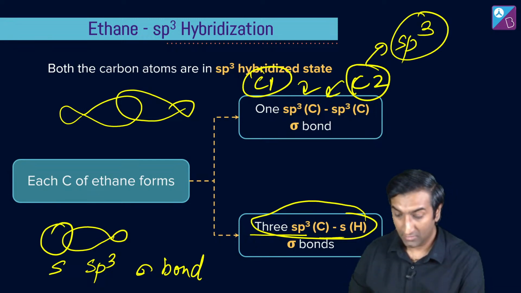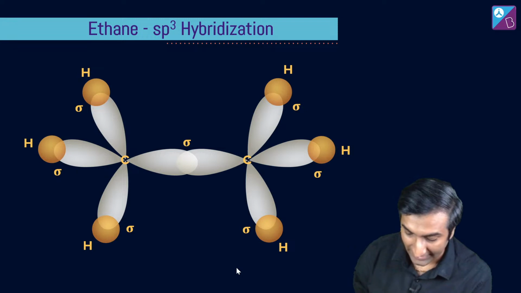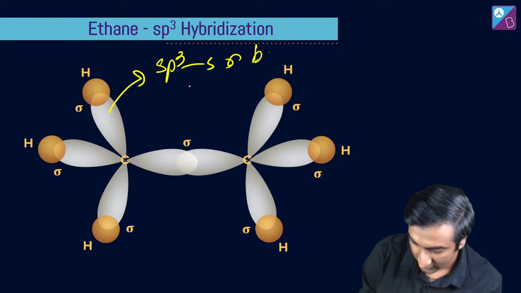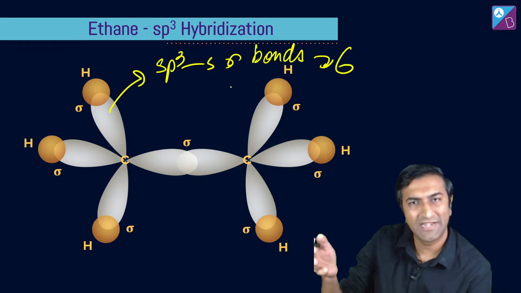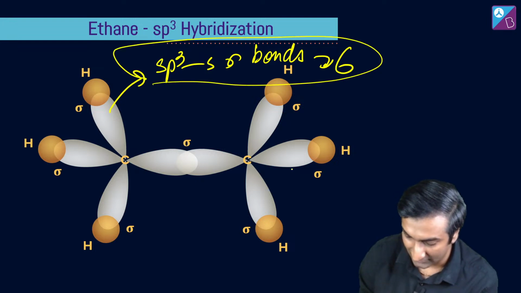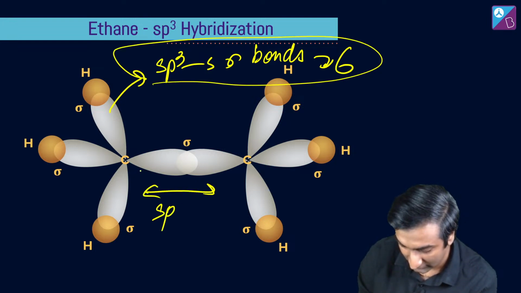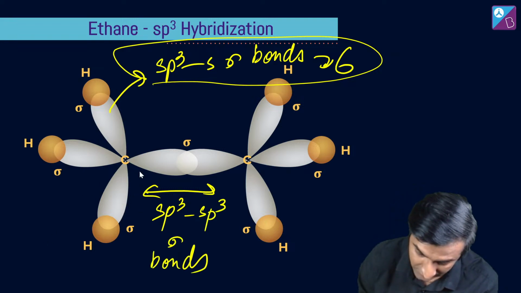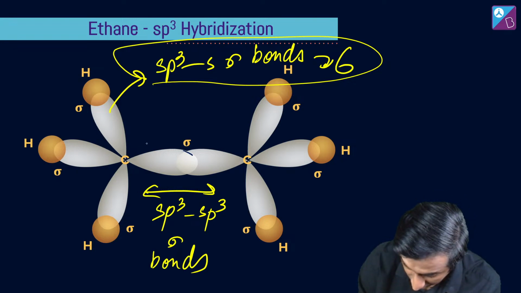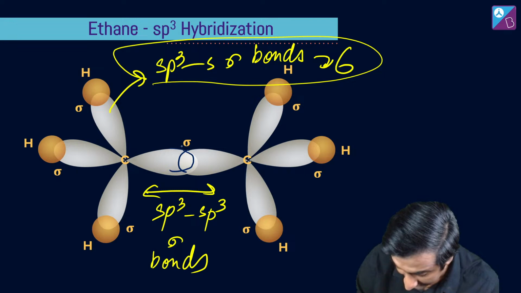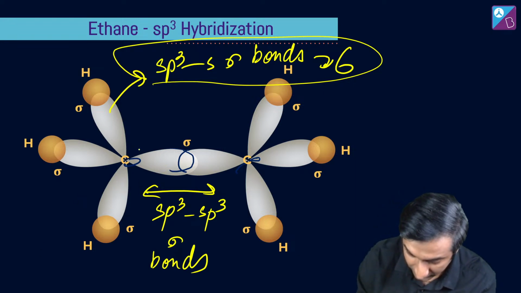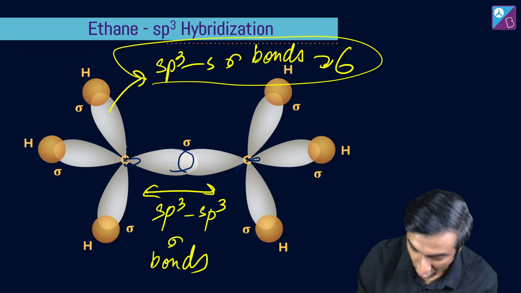Yeah, okay, so what this looks like would be this. Okay, so these are sp3-s sigma bonds and there are 6 of them. It's easier to understand with this diagram, right? sp3-s sigma bonds, and these are sp3-sp3 sigma bonds. NEET could ask you a question on this. ये may be clearly दिख नहीं रहा होगा because of the way this is, right? This is what it is. और यहाँ पे बहुत छोटा सा एक negative, what you call out of phase, भी है, but that doesn't bond. Remember, ये बड़े lobes, all of these बड़े lobes are all in phase, okay,